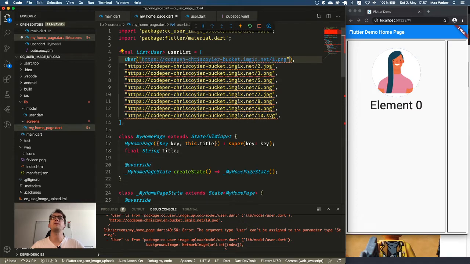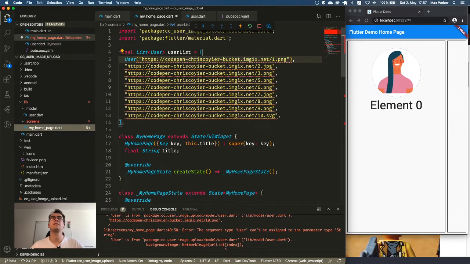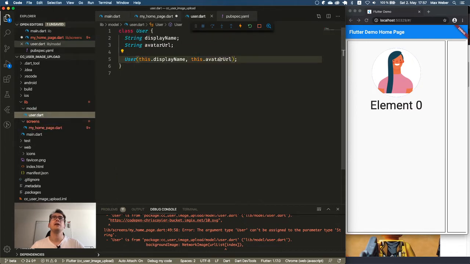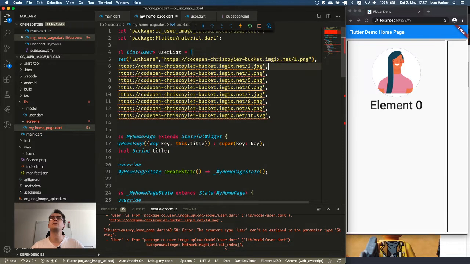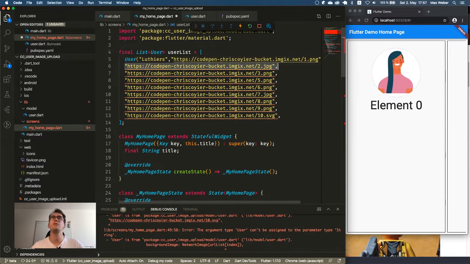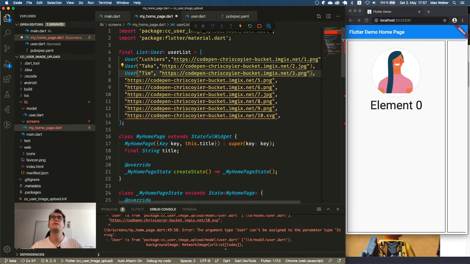And yeah, named constructors, exactly. So I was a bit too lazy, or I was a bit too motivated. I created named constructors. But if I take a look here, I see, okay, I don't want to make them named everywhere. And I start with the display name. So what we have is now the username, for example, Luthiers, and we get the first image. Sorry, you are now a woman. I hope that's all right. And then we have user Taha, for example, and we get the next image. And we have another user, Tim, and another user.